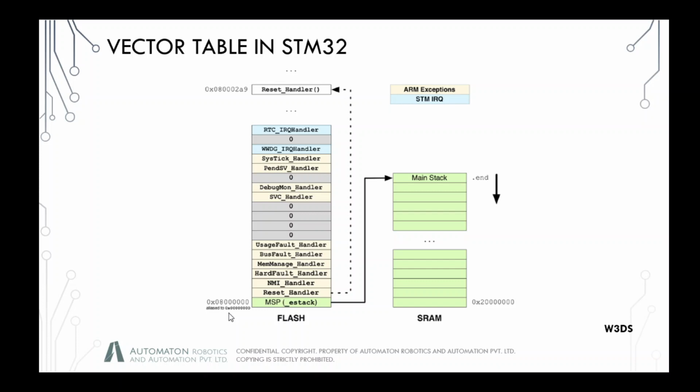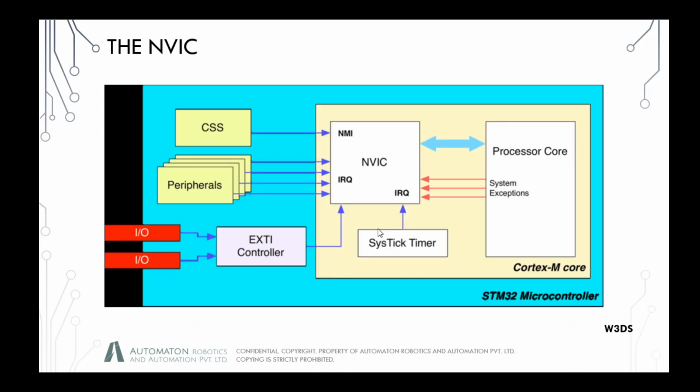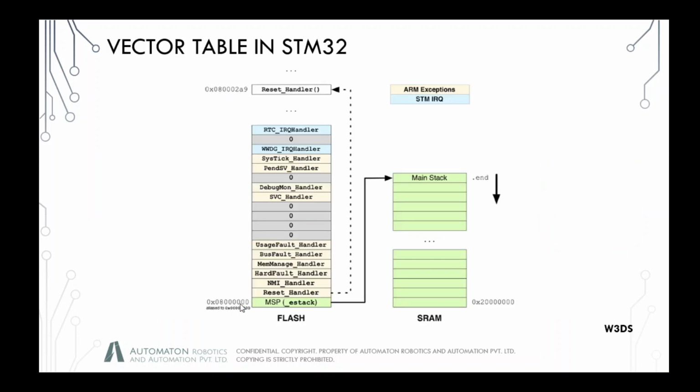Mind you, this address 0x00000000 has been aliased to a different region, which is over here. So if you want to access these, you will actually be entering these address numbers. If you try to access this, it is going to show an error, and it is going to tell you that you cannot access it. I mentioned over here it is going to fetch the address of main stack pointer, but what it's really doing is calling the address 0x08000000. This is the location of your main stack pointer. Alright, so now we can see all these exceptions from the second entry.